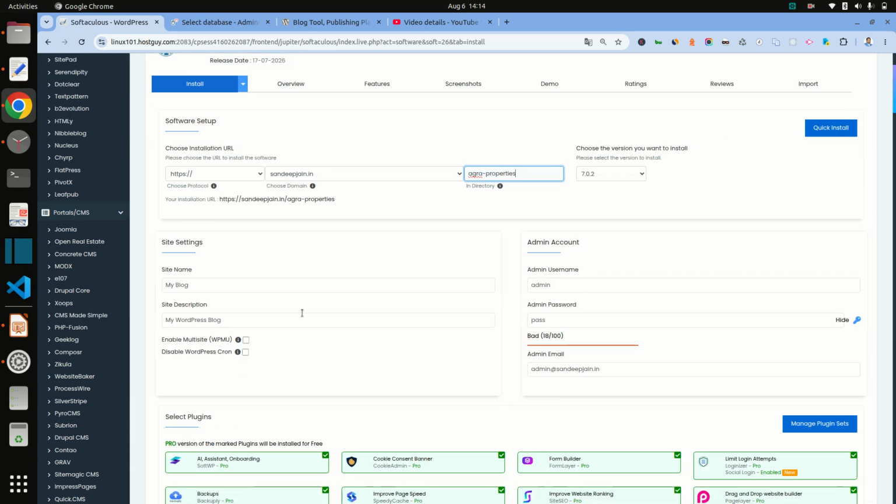The site name is Agra Properties and the site description is also Agra Property. We do not want multisite.